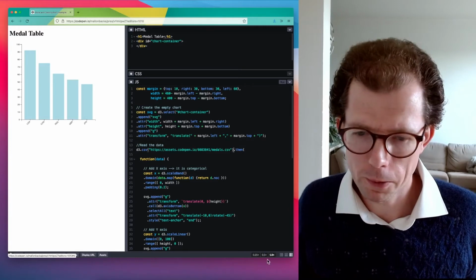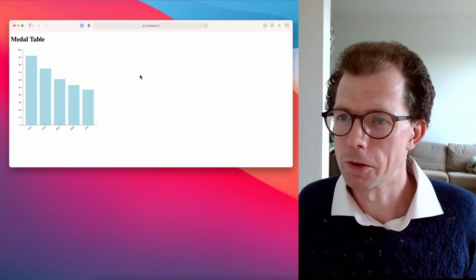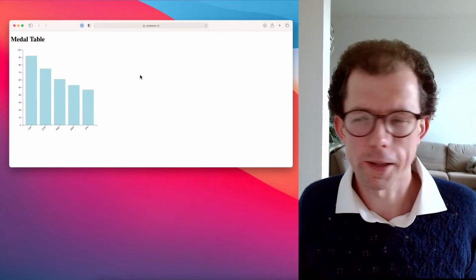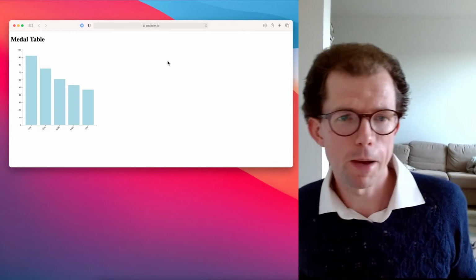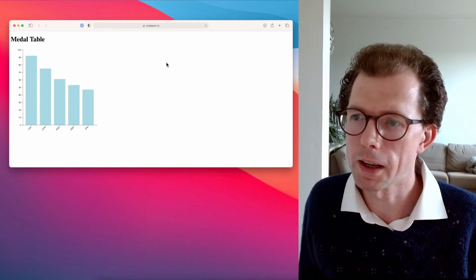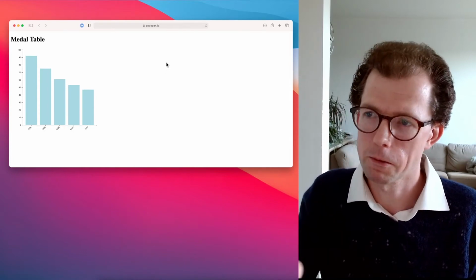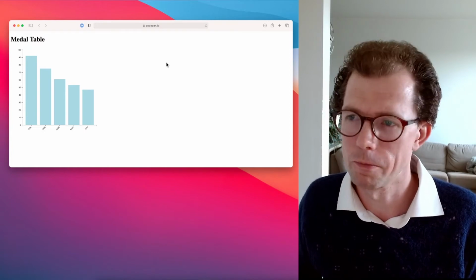Now, at this point, I'm actually going to switch very quickly into Safari because it has slightly better VoiceOver support, and I can use it to quickly demonstrate something. So this is still the same pen, but let's see what happens when we try and move our screen reader into this visualization.